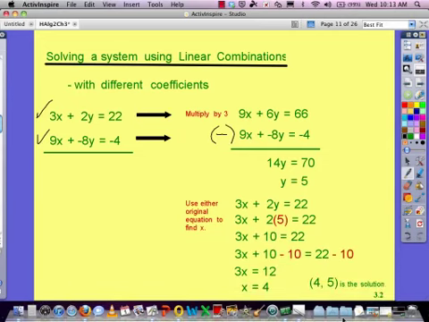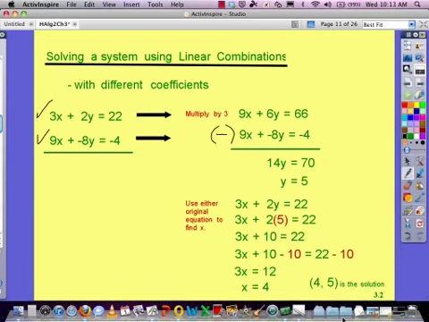Divide. We have a solution of (4, 5) for our xy ordered pairs. Again, this would show us, without graphing, that we have a system of equations that will intersect at the point (4, 5). (4, 5) is the solution of this system, again, without graphing. So it's quicker, shorter in most cases,